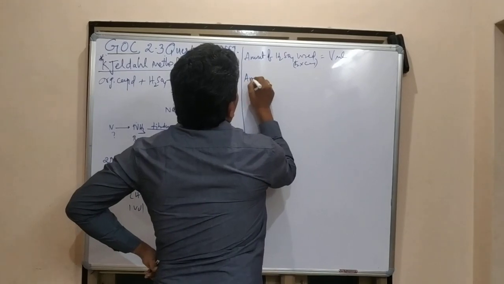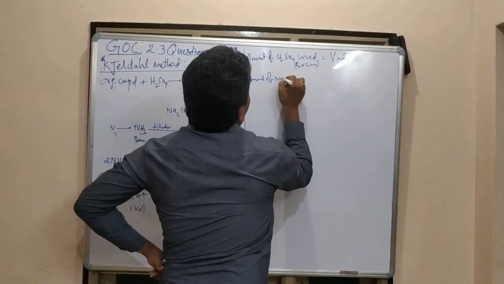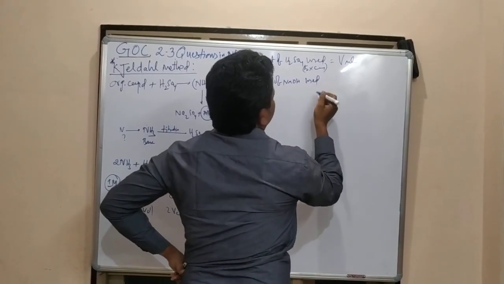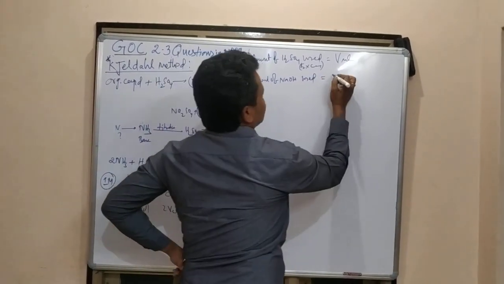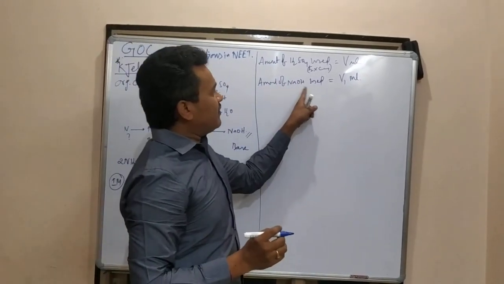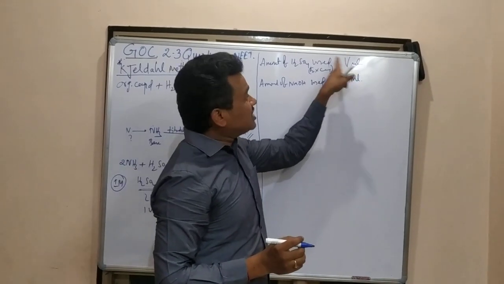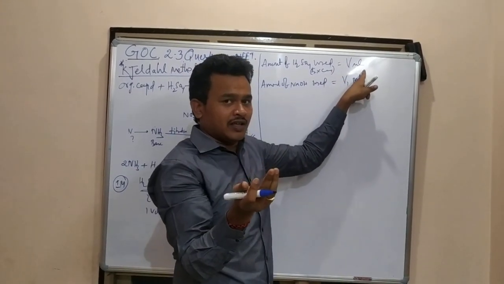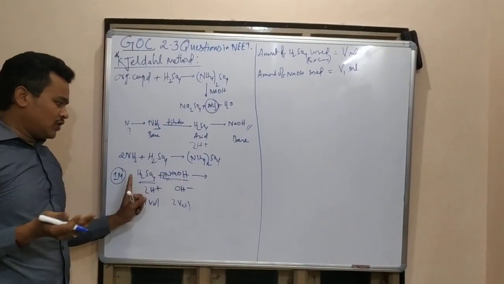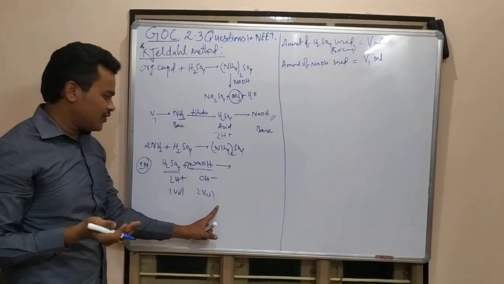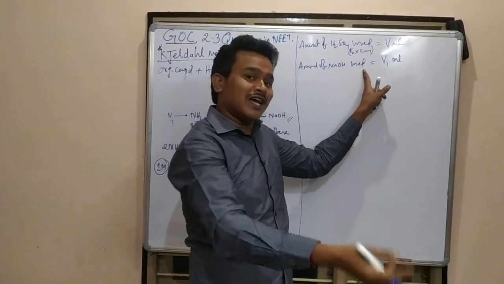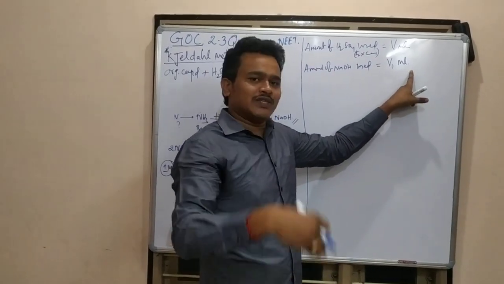Okay, amount of NaOH utilized in the titration, say some V1 ml. You are giving V1 ml, so you are using V1 ml. You are using means how much H2SO4 may react. See, 2 moles of NaOH means 1 mole of H2SO4, 2 volumes of NaOH means 1 volume. I know how much NaOH I am giving in the titration, so that V1 ml of NaOH I gave.